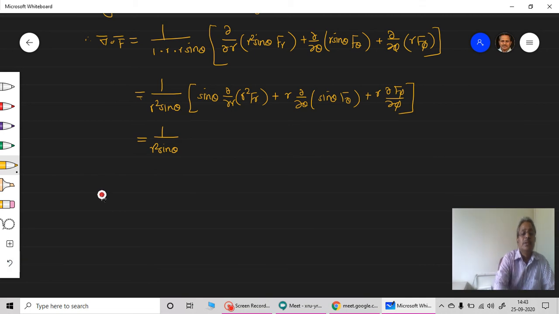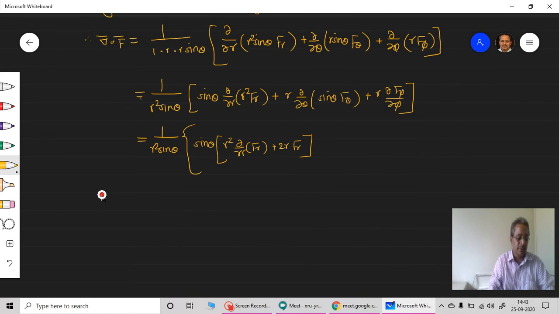This bracket should be this curly bracket, because a lot of terms are there. First term is sin theta as it is. Now the differential of r square and fr, there is a product, so you will get this differentiation as r square into del by del r of fr, plus second time it will be twice r into simply fr. This is my first term after differentiation, plus r will be here, this r, and there is again a product, so